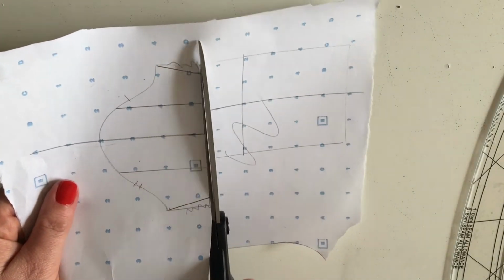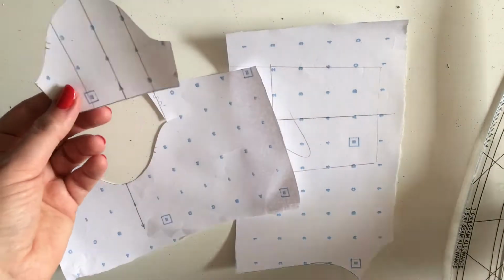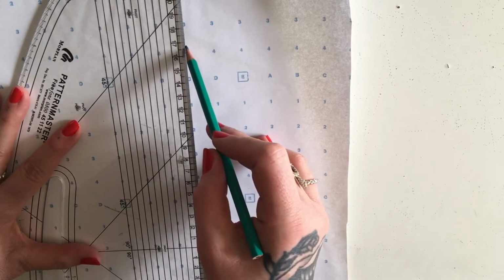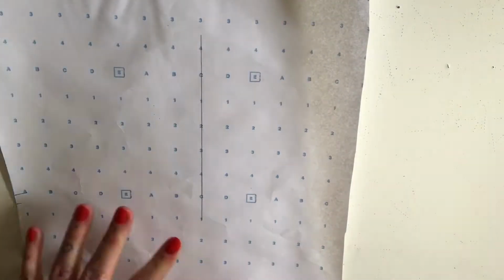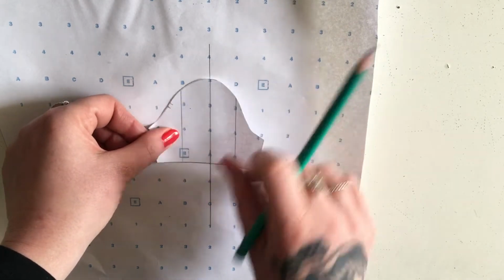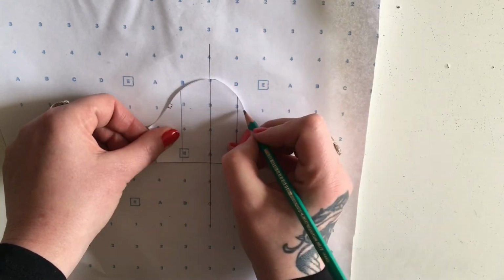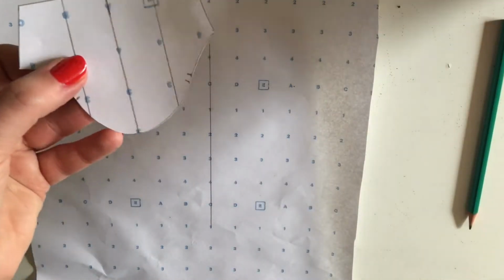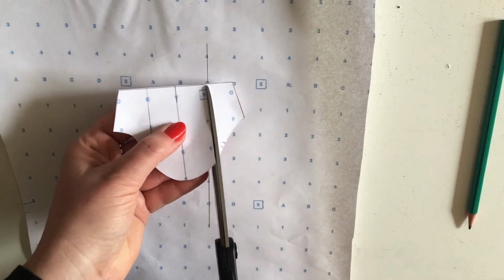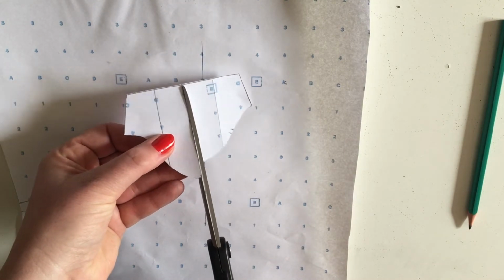Using paper scissors, cut around the newly drafted sleeve. Here we are, it's all done. Get a fresh piece of pattern paper, draw that central line down so that you can balance your sleeve properly, and then double check that your notches are there, and then you are going to cut down those lines all the way to the hem, but you're going to leave a tiny little hinge at the bottom if possible, so that you don't have separate panels as such,